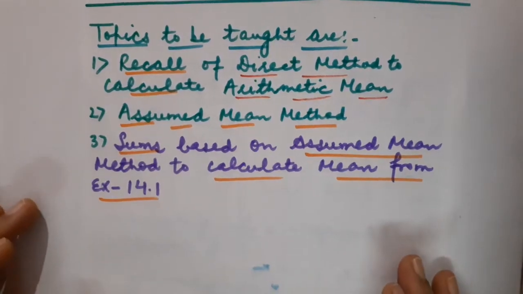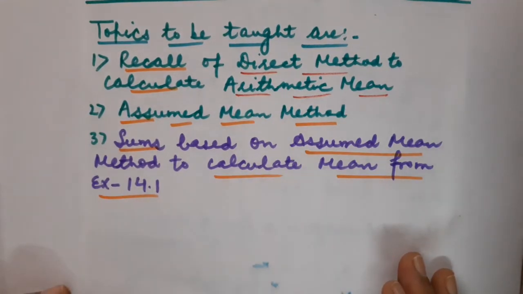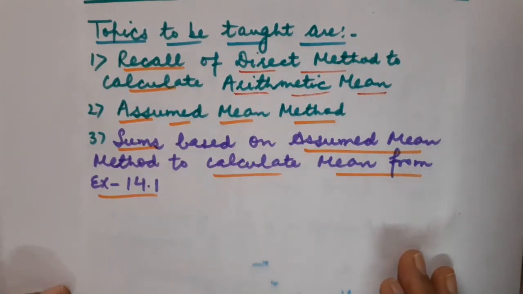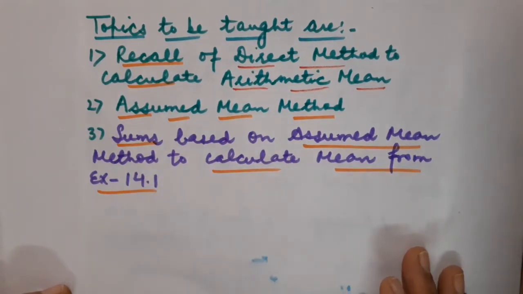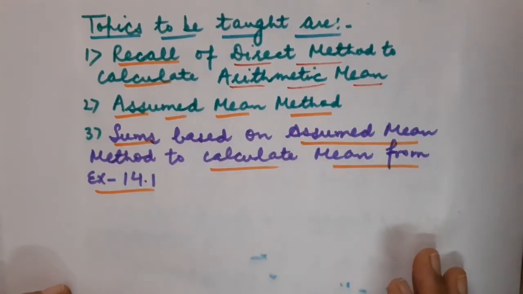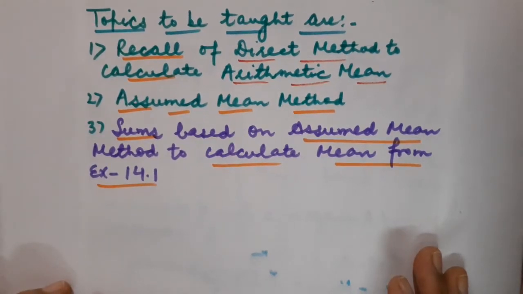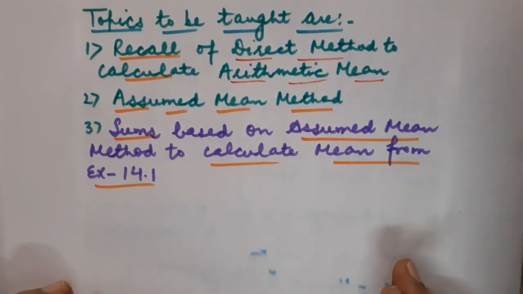Children, in my previous lecture, I made you understand the concept of statistics. Then after that, I explained you the difference between grouped and ungrouped data. I told you about the central tendencies. Fine. And then I explained you about class mark, which is actually the greatest requirement in case of grouped data whenever we are going to calculate the mean. Then I explained you how to calculate arithmetic mean for grouped as well as for ungrouped data.